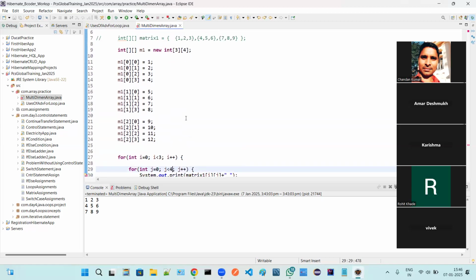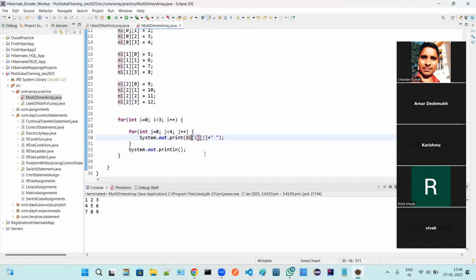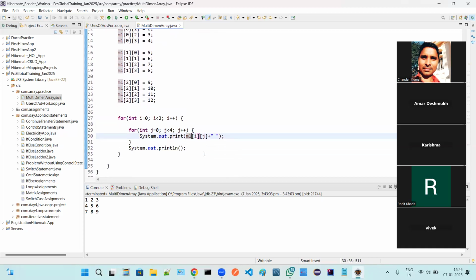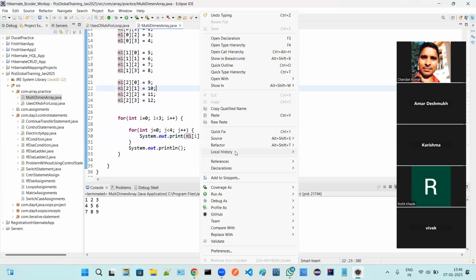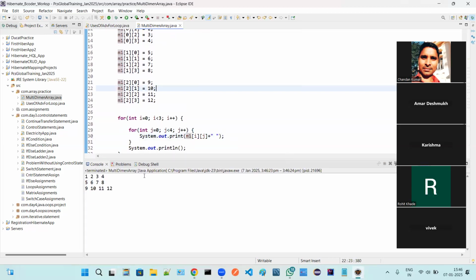I'm printing the value of matrix M1. Getting my point? So let me execute this one. It's coming: 1, 2, 3, 4, 5, 6, 7, 8, 9, 10, 11, and 12.